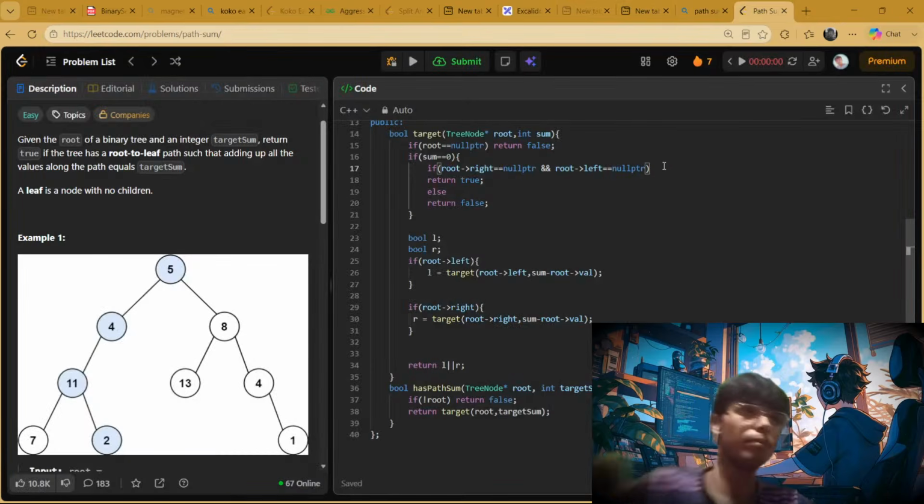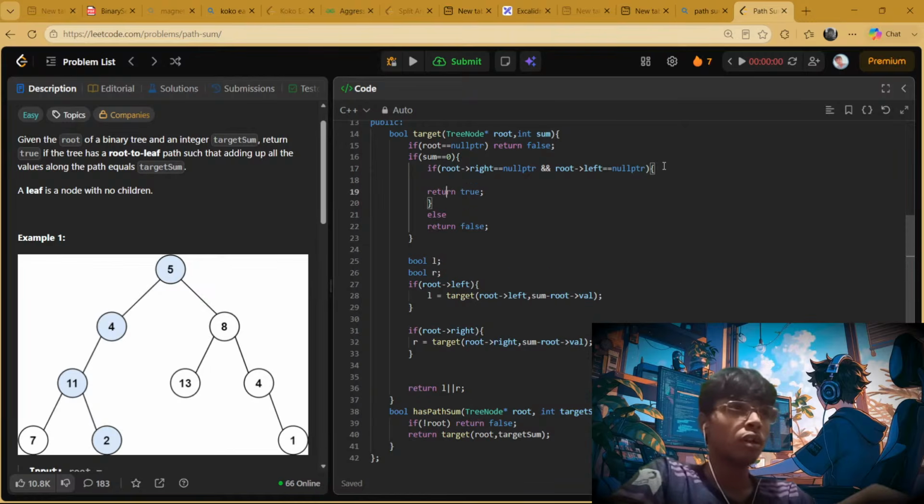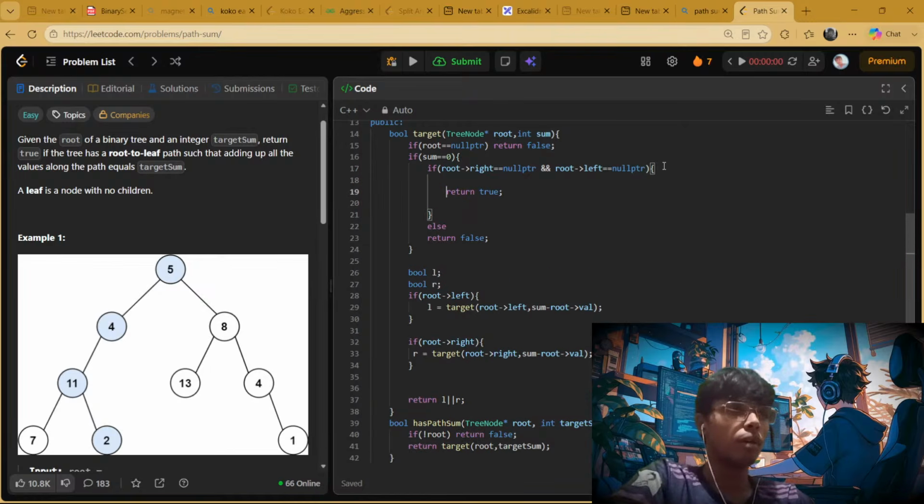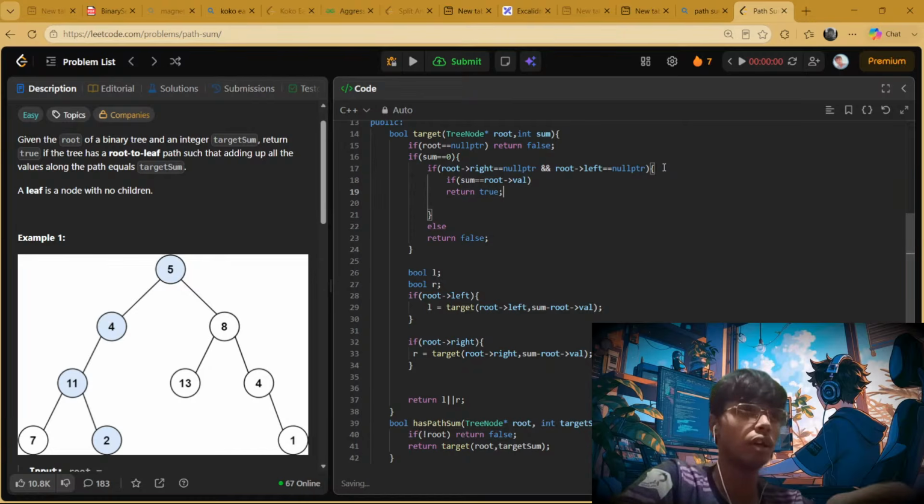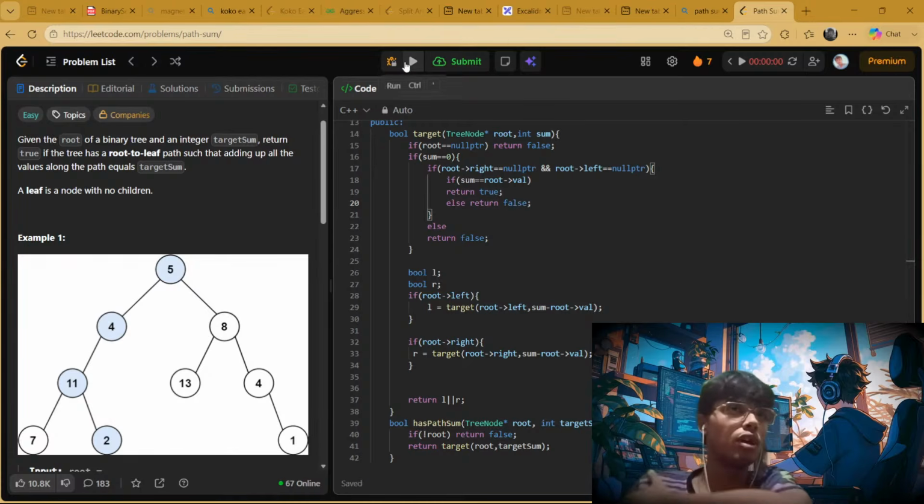एक सेकेंड, क्या मेरे को ये ऐड करना चाहिए? मैं लीफ पे तो पहुंच गया, और लीफ पे पहुंचने के बाद अब मैं ये देखूं कि अगर ऐसा होता है कि मेरा जो रूट का, एक सेकेंड, क्या वो रूट था? नहीं, वो सम था। क्या जो सम है, क्या वो इक्वल्स टू मेरा जो रूट आया है, उसी की वैल्यू के बराबर है? अगर है तो ट्रू, और एल्स रिटर्न फॉल्स। आई थिंक।